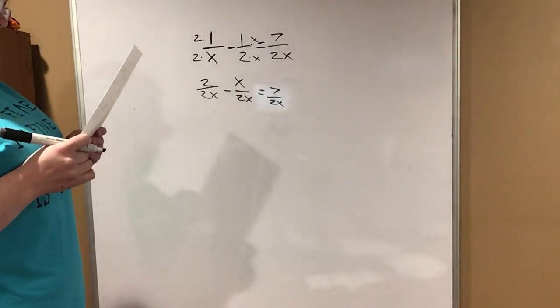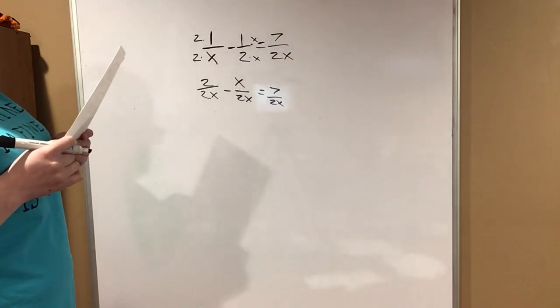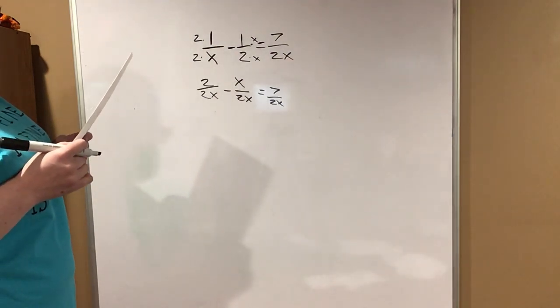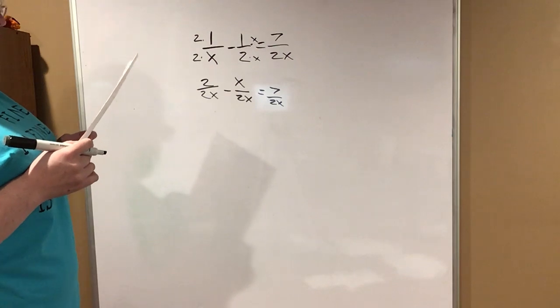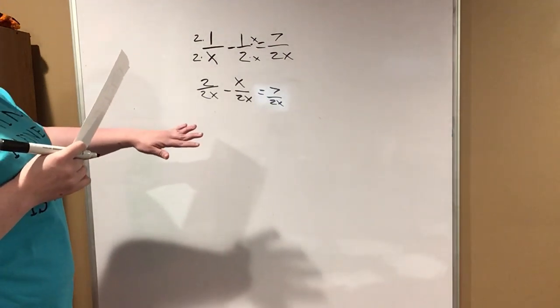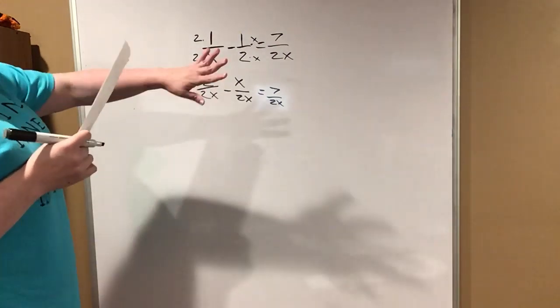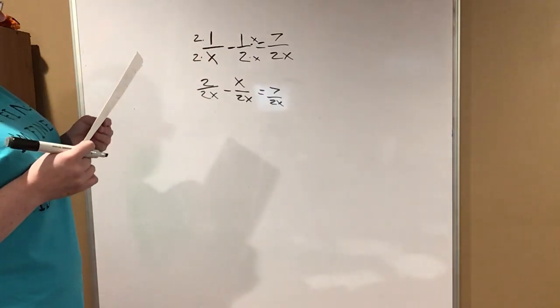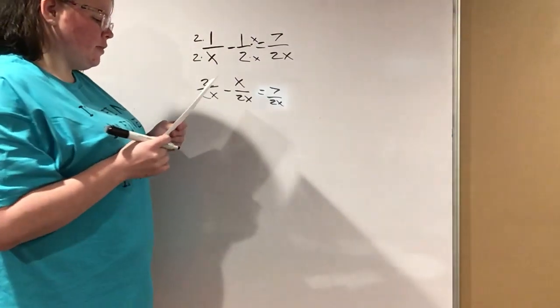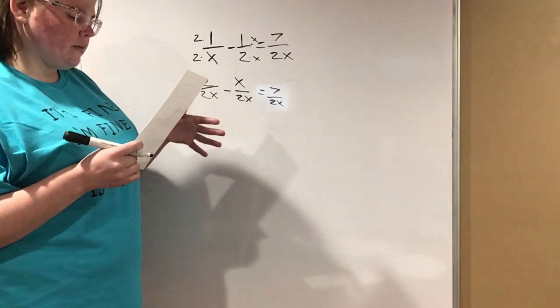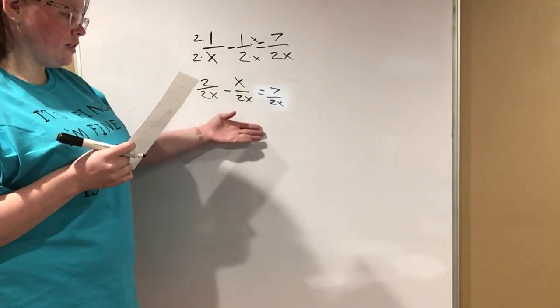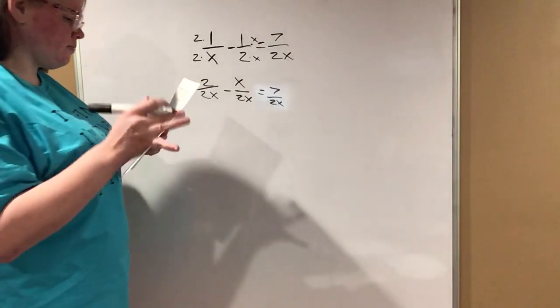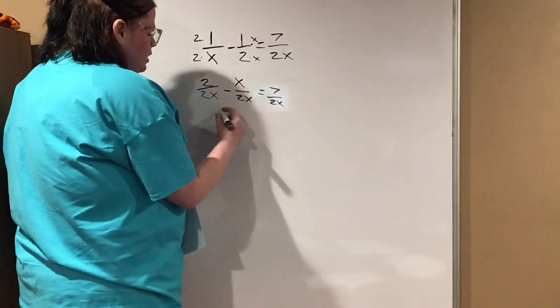Now that I have that, let's ignore the bottoms, because we got them, so they're gone. Ta-da! That's the whole point. You do that, you get rid of the bottom. Once you have the common denominator, you don't have to use them. That's kind of what I'm seeing from my paper. So then I'm just left with